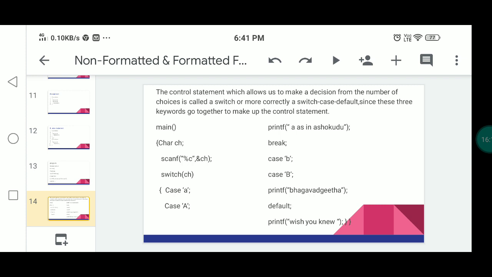Then next, if you give the value of ch as b, it will go to execute case B. In that case B, we write Bhagavad Gita, which will be printed on the screen. Then it will go to execute the default also. Here you can write switch, break, default, switch, case, break, default. These are all the keywords in the switch case. After execution of the B block statement, it automatically goes to default. In the default you can ask for a new character, so it asks for another character through the keyboard. That is the working nature of the switch case.